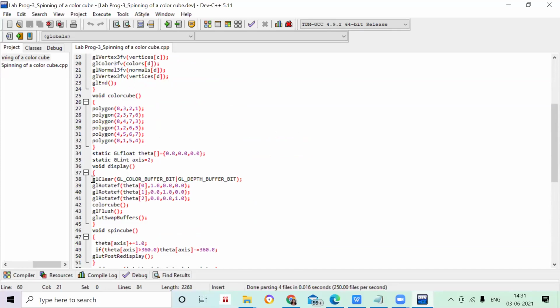So what is the first thing we are going to do? First, we will save our current model view, how we want to see, in a matrix form. How are we going to save that? For that we have to use some matrix functions. By using those matrix functions, we can save the current view, then clear the previous view, then upload your current view.